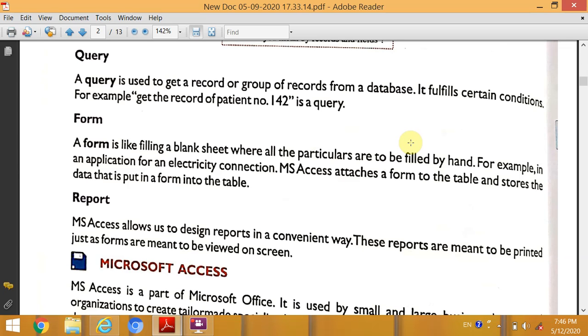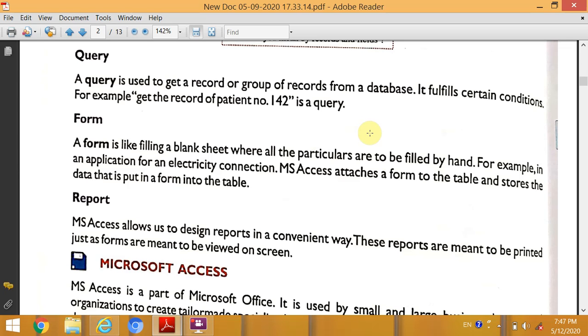Next one is form. A form is like filling a blank sheet where all the particulars are to be filled by hand. For example, in an application for an electricity connection, MS Access attaches a form to the table and stores the data that is put in the form into the table.